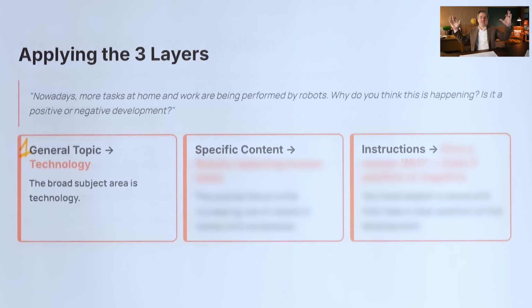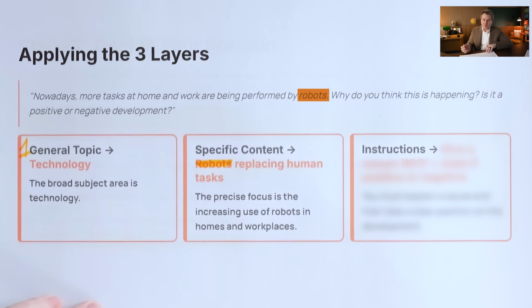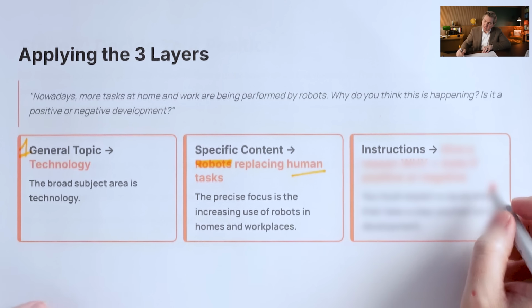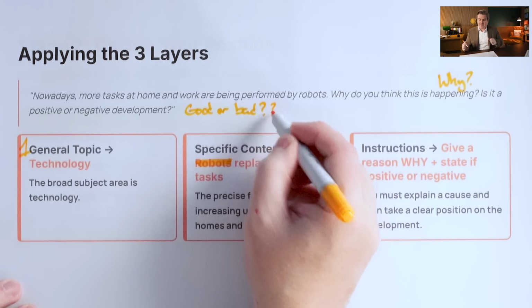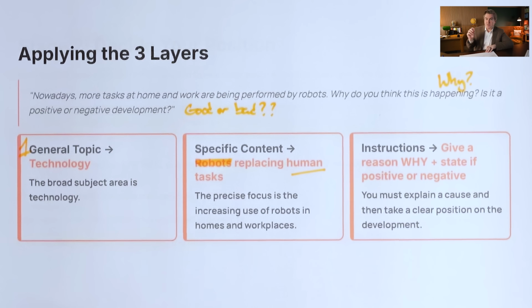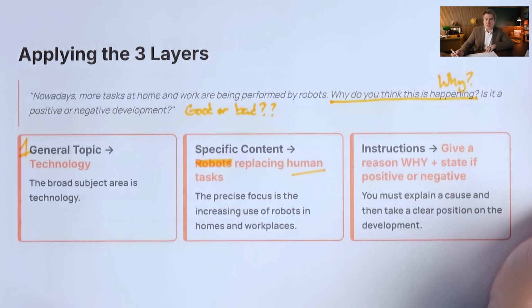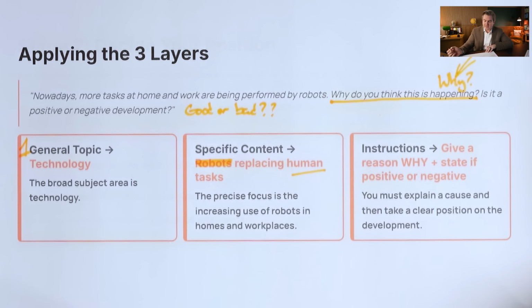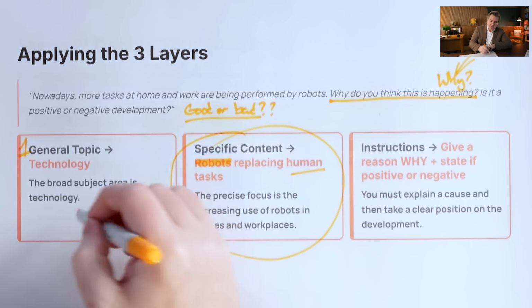Within that big topic, they want you to write about not just robots, but how robots might replace humans at home and at work. And then if we look at the instruction words, they want you to say, why is this happening? Is it good? Is it bad? The examiner must be able to look at your essay and know that you have understood this is the instruction that they're giving you, and to be able to understand why you think this is happening, and whether you think that it's good or bad within this specific topic,